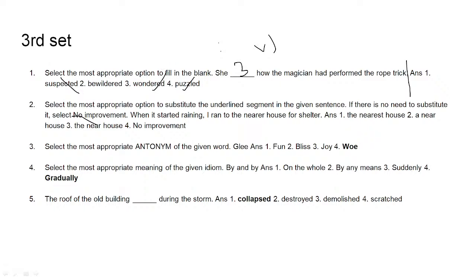Okay. The second one is what? Appropriate replacement. When it started raining, I ran to the nearest house for shelter. Nearer house for shelter. Oh, sorry. In this way, I have already told you the answer. Nearer house दिया हुआ है यहाँ पे, but this is a sentence correction question. You have to correctly select which one will be the correct alternative. Here, obviously, as you have heard, the correct is the nearest house. Why? There is a reason.